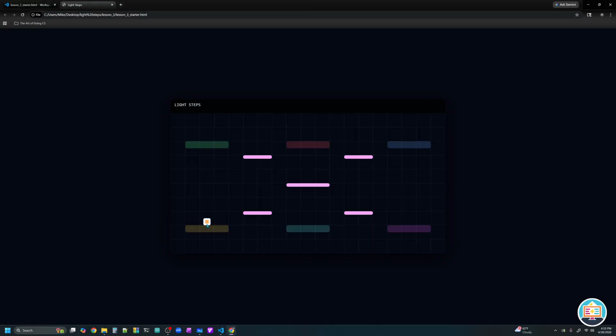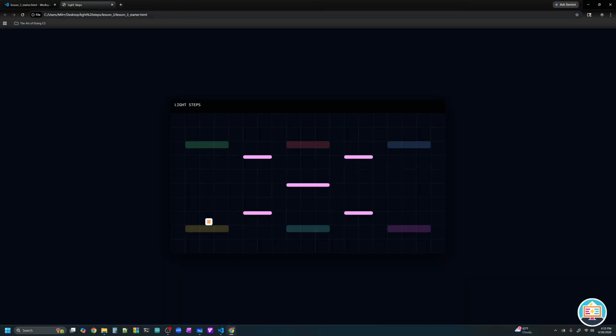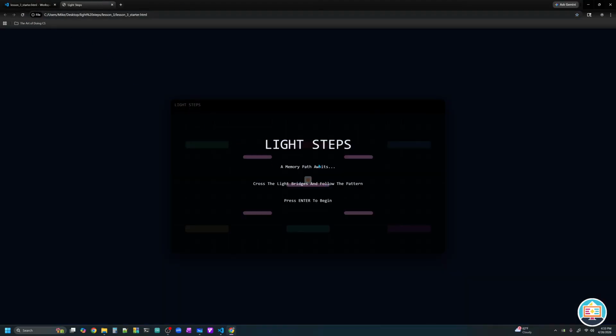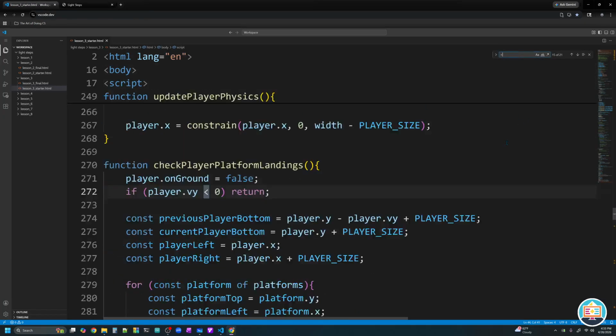All right, so now the player has a way to keep track of what platform they're on based on that current platform index. Now, we want to start them smack dab in the middle, though, so that's going to be at platform index number 6. All right, so with that overview of our updated data structures, primarily for the player, let's go to mission number